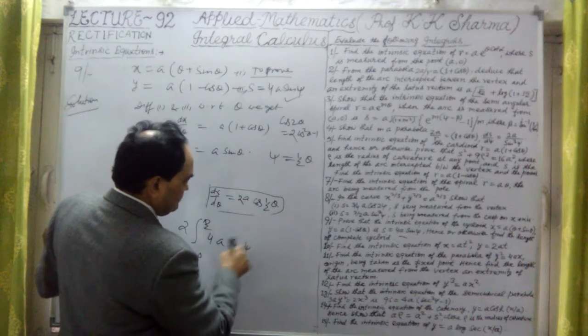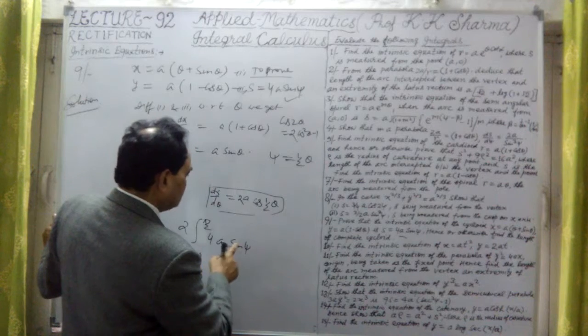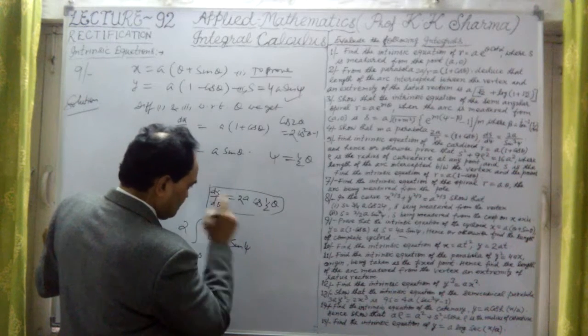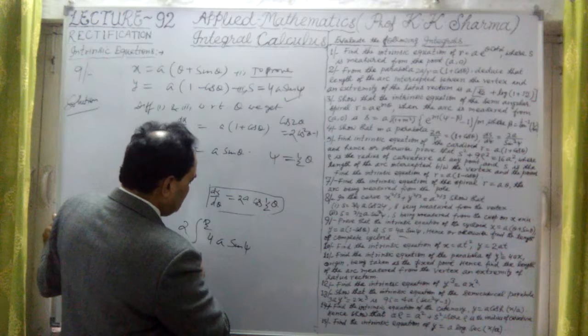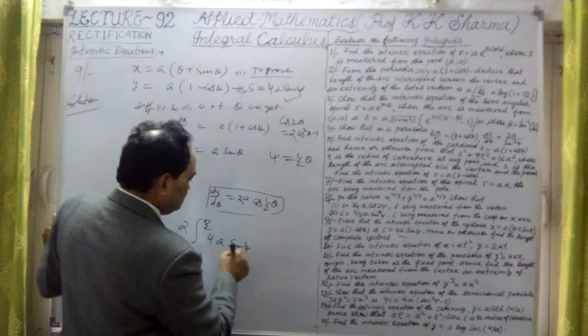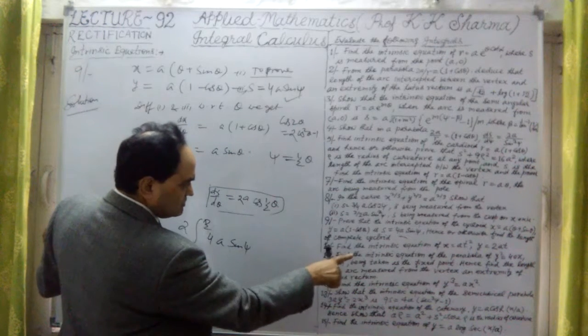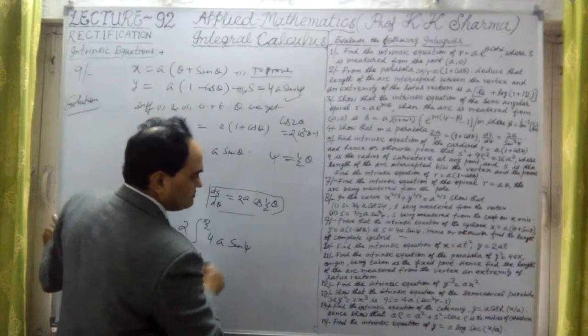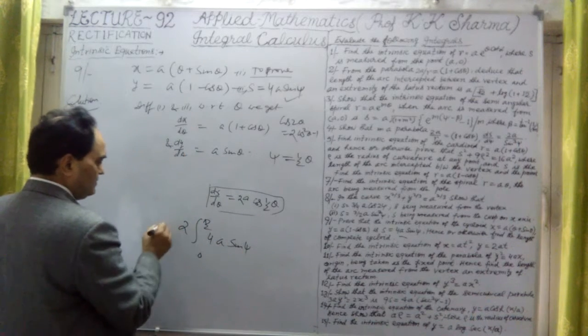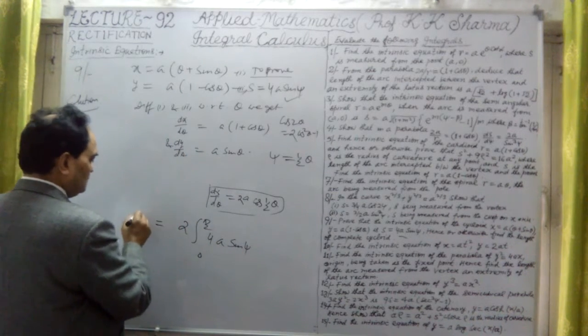Undoubtedly, we have to integrate this then. So it will give us sine of half theta. So let me take this length of the curve and make twice of that, because this is 0 to pi by 2. Total length